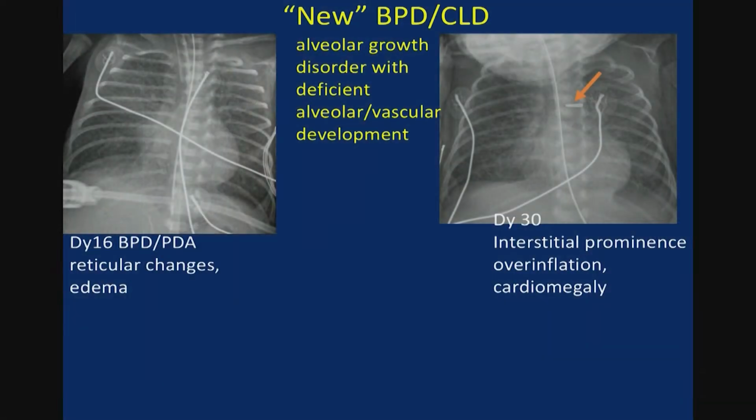And then on day 10, this baby is evolving into chronic lung disease, has some persistent haziness of the lungs. On day 16, now there are reticular changes, but this baby also has one of the other problems that we see in these premature infants: a lot of shunting through a large patent ductus arteriosus, and some of the opacity we're seeing here is probably pulmonary edema as well. On day 30, this baby's had a clip placed on his ductus, and what we're seeing now is just some interstitial prominence, overinflation, and cardiomegaly,